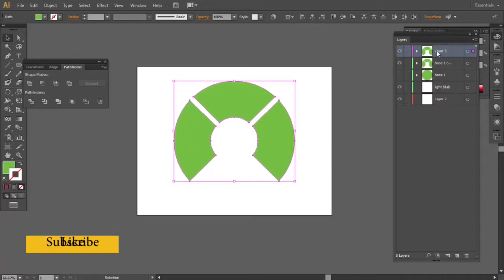So I generate a copy and I will use the crop tool. Crop tool is a very handy tool. You have also seen it in photography, like a camera. So it works the same way, but in Illustrator it also plays a very vital role for the manipulation of these shapes.